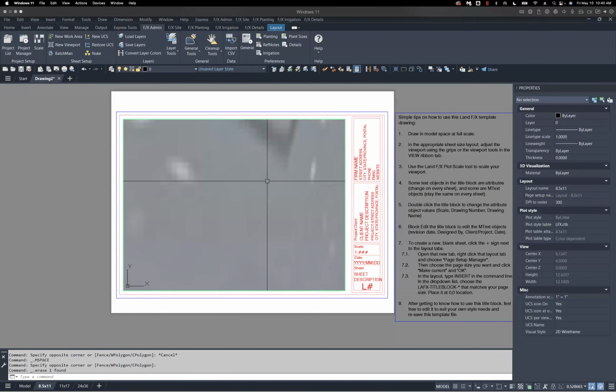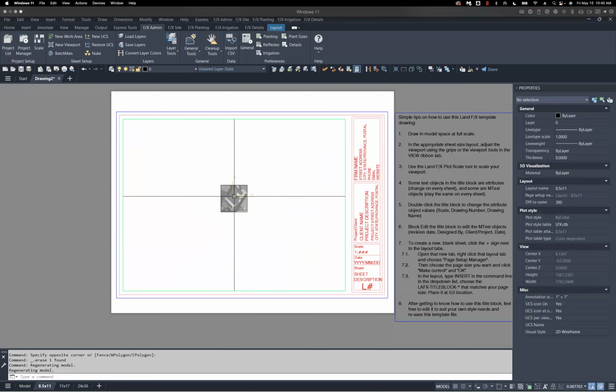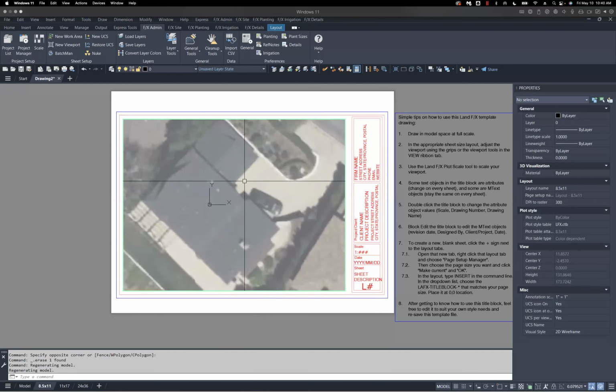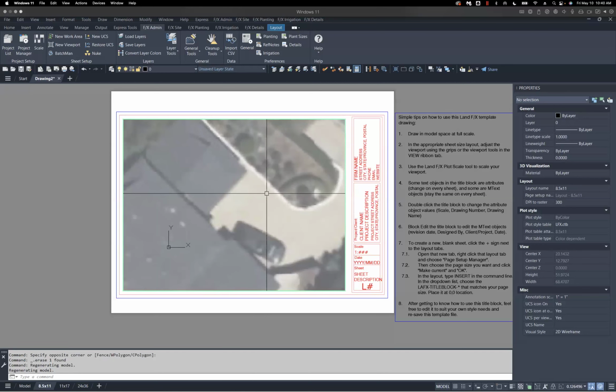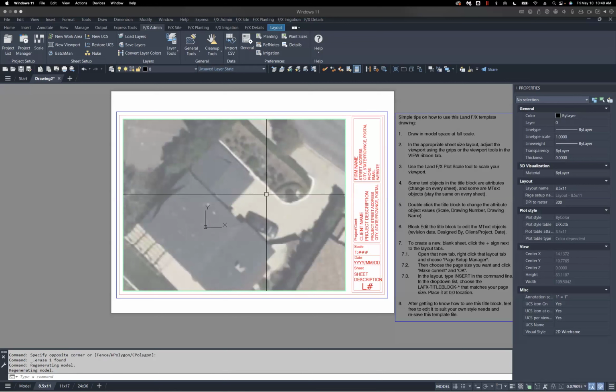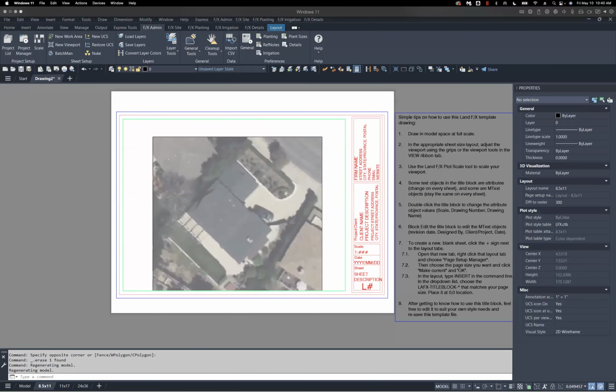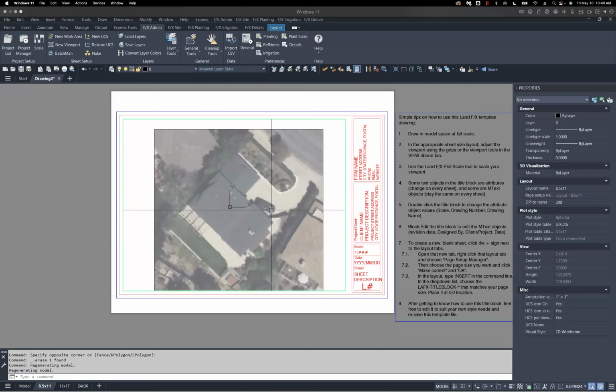Okay, so now if I am still in my viewport, I can zoom in and out. So I can zoom way out and make our entire image fit in the viewport, or I could zoom way in and only show part of it. But you need to be aware that just zooming doesn't necessarily mean that you're at the scale you want to be at. So the way we can set our scale is really simple.